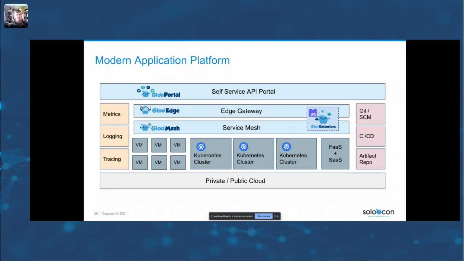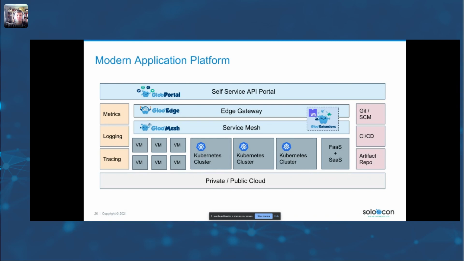Using containers, Kubernetes, along with VMs, functions as a service, and then layering in the service mesh or edge gateway capabilities on top of it, with the ability to extend it and tie into all of the various infrastructures that you might choose to run on.